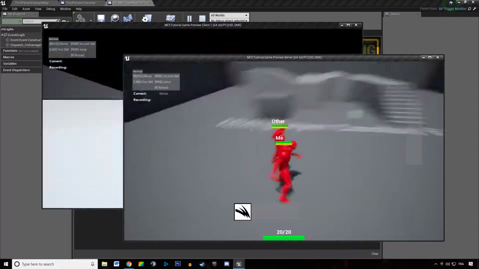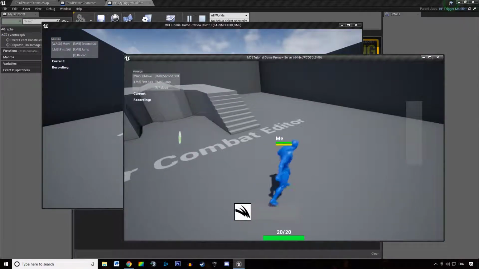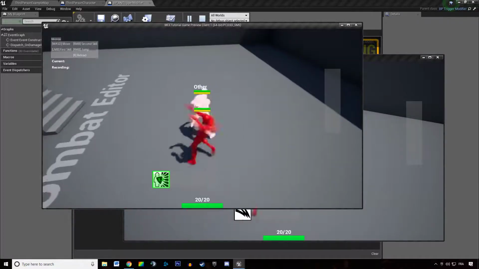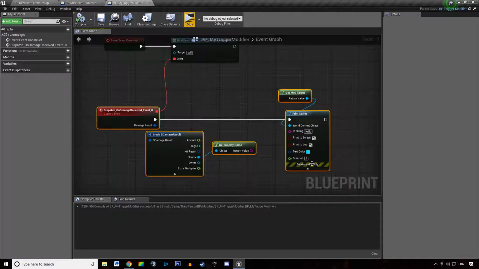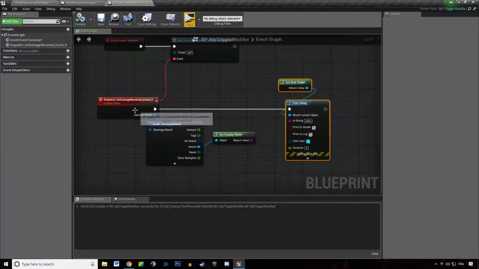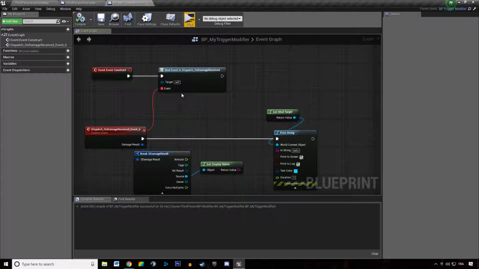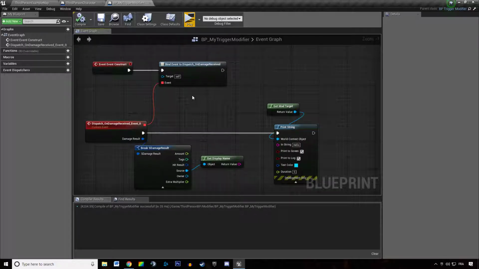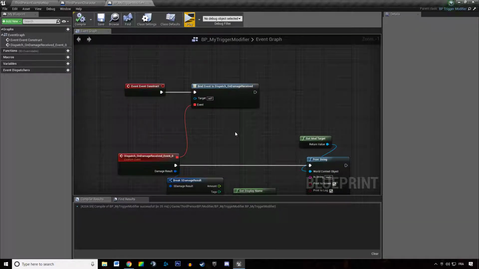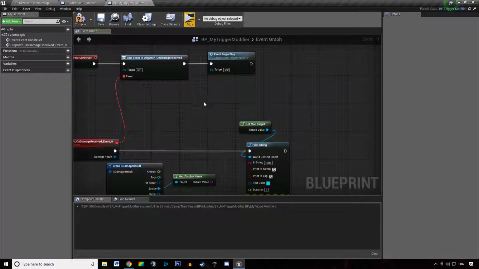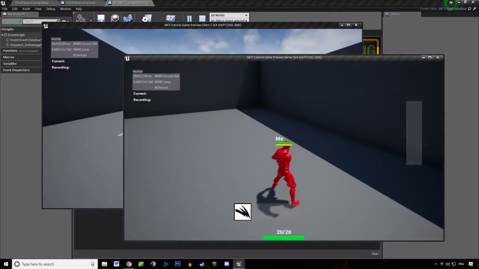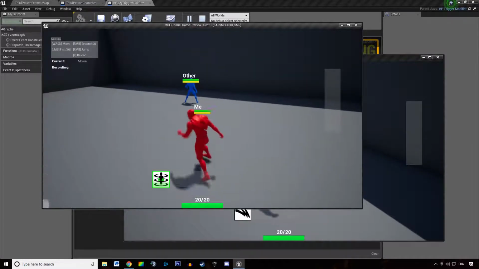Oh, of course. Well, no, I'm hitting P with that character, so I'm adding that modifier to a character, so it should be printing when that character gets damaged. Yep, that's the logic. So why doesn't it work? Interesting. Oh, I think I know why. I just need to be calling begin play, I think. Like this. So if I hit P, hit plus to switch team, and then if I get damaged,